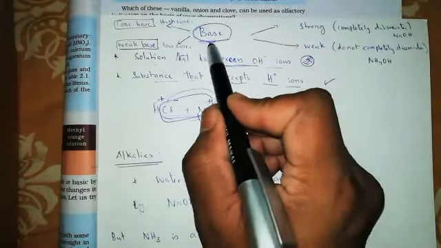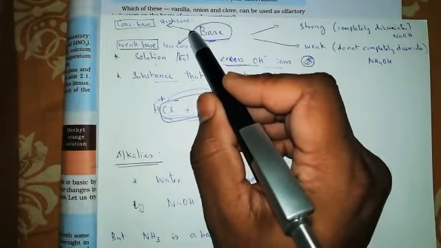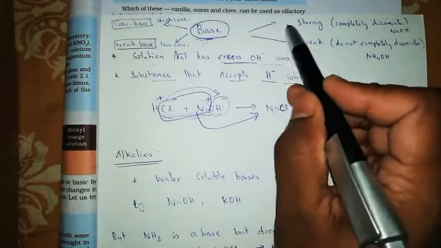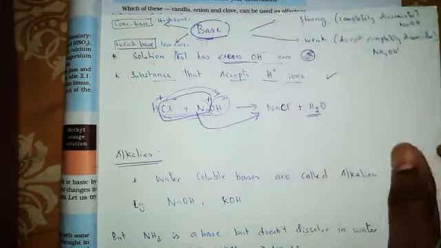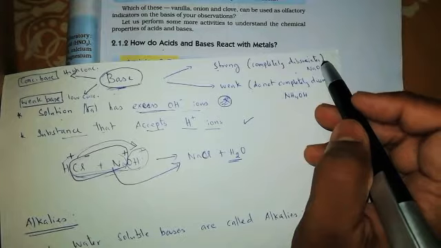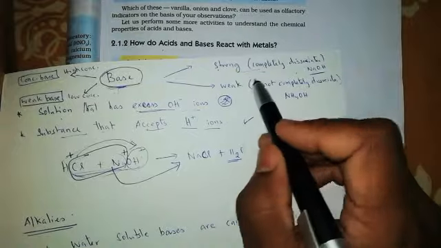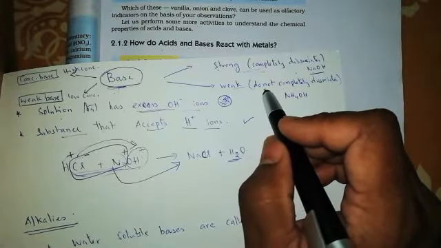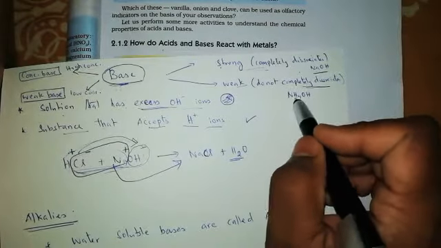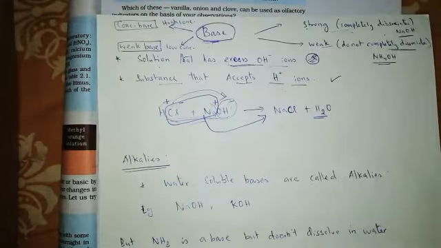So this is another definition of base, right? Same thing if I want to say about base. Base also has strong base and weak base, and they also have concentrated base and dilute base, same like an acid. Strong bases are those which completely dissociate into ions in an aqueous solution, and that is called a strong base. Some examples are sodium hydroxide. But weak bases do not completely dissociate into ions in an aqueous solution. Okay, that is a weak base. So we'll be learning about this in later classes.